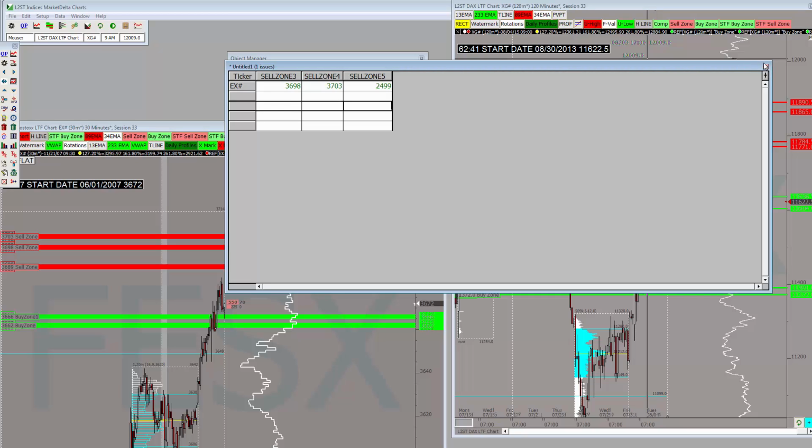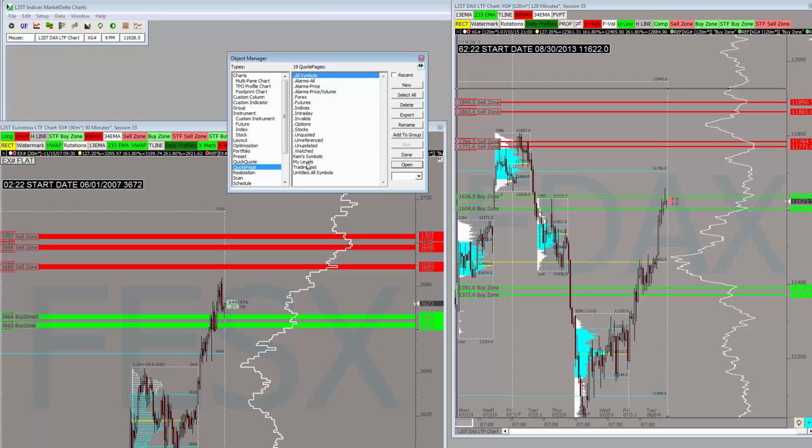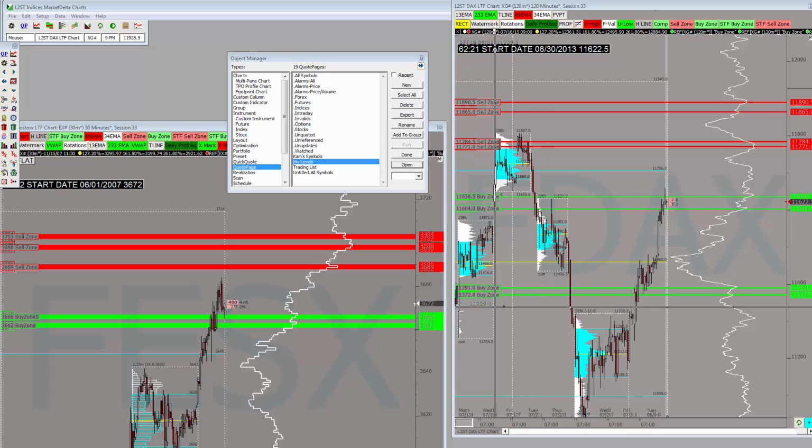Okay, so please bear with me, you might need to watch this through a number of times before you really get the hang of it. But basically, once it's all done, you want to save that quote page as well. I just call it my levels. So you'll notice I've already got one called my levels. If I open that up,